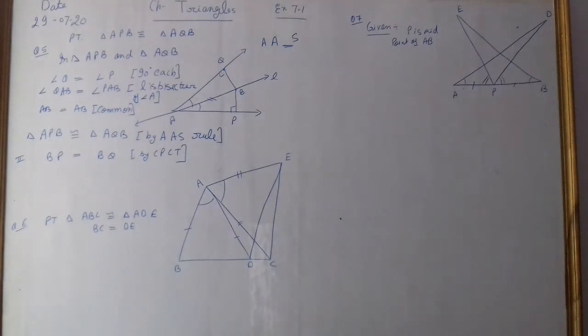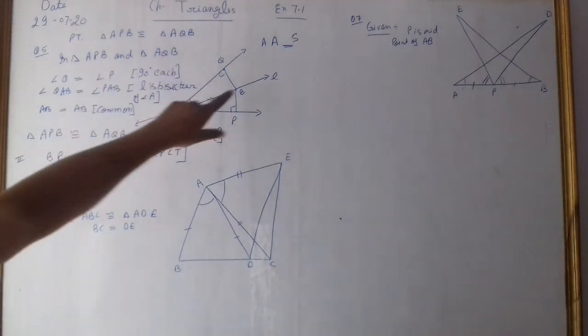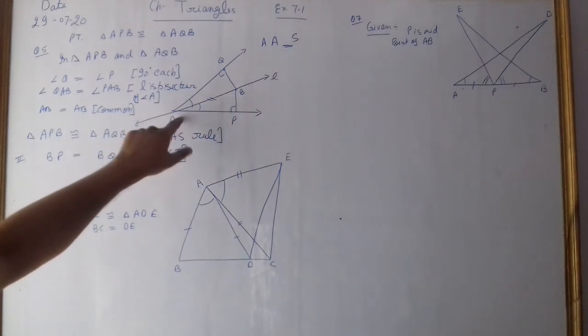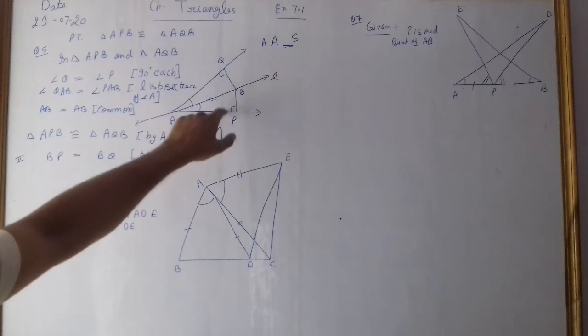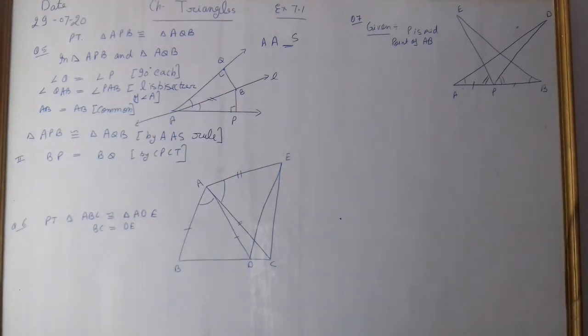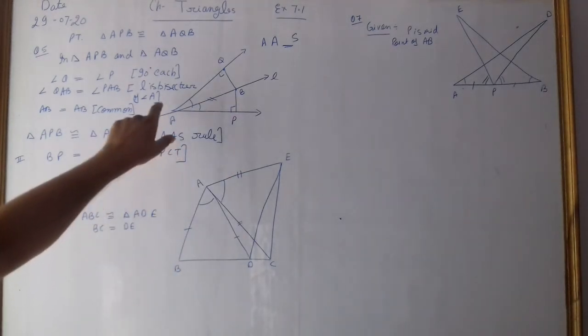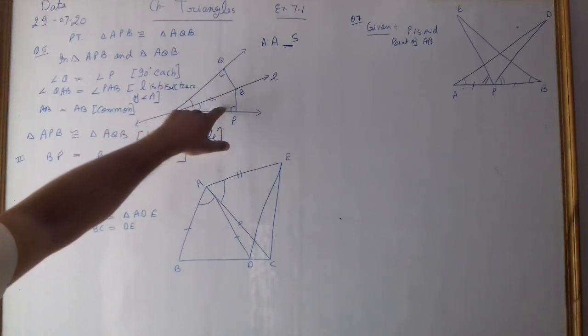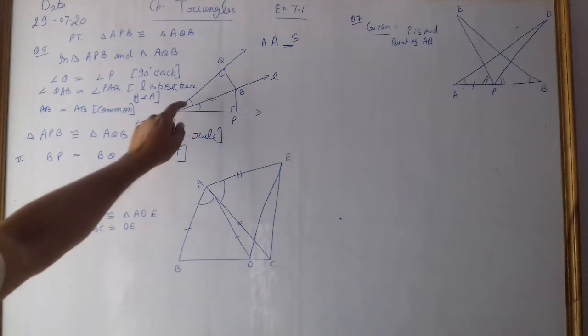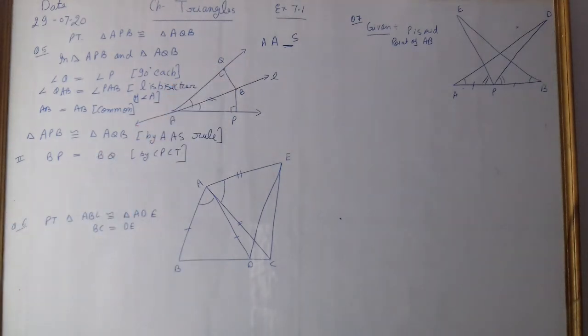Now this is our question number 5. I repeat this question. We are given L is the bisector of angle A, so these two angles are equal to each other, and this gives the 90-degree angle. We don't know the third part, so we take this line AB as common in these two triangles. If this line is common, then we apply the AAS congruence rule. Okay, students.